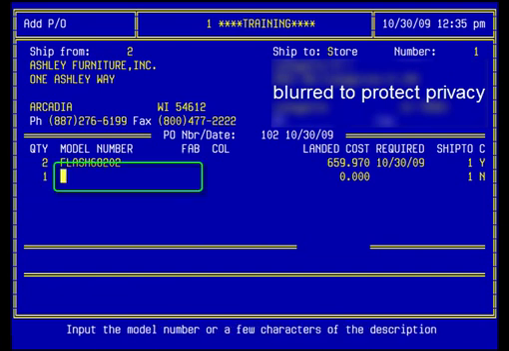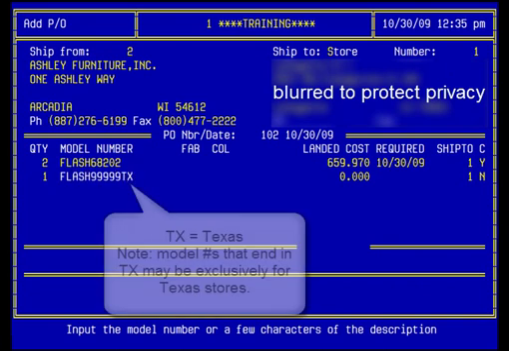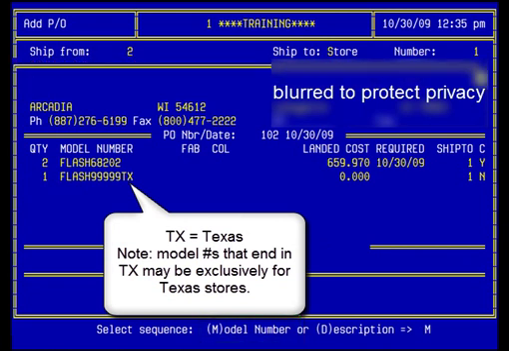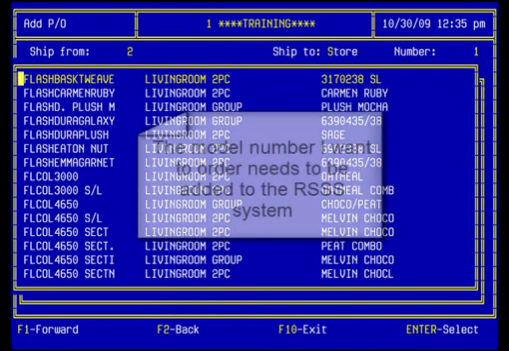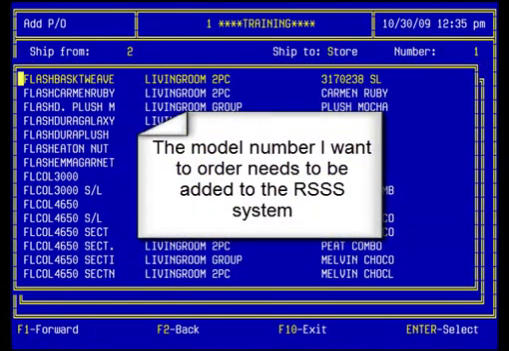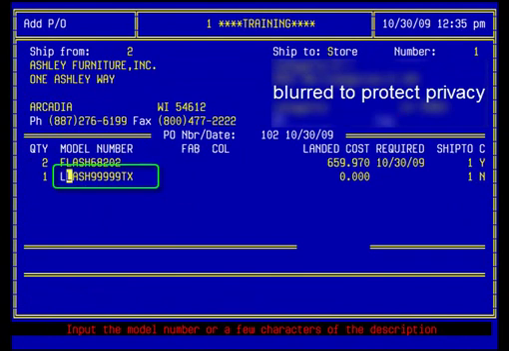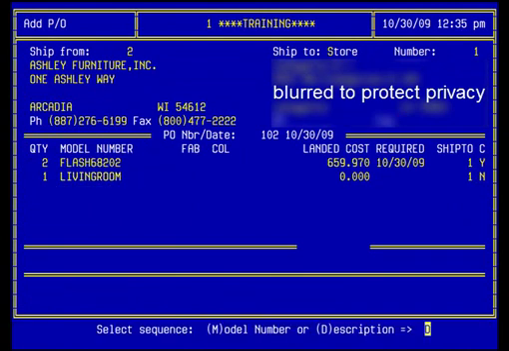I'm going to enter the next model number. I'm going to select M so that it lists it by model number. And if you notice, it didn't start with that particular model number, so this model number is not in the RSSS system. I'm going to F8 and enter living room. Press the enter key